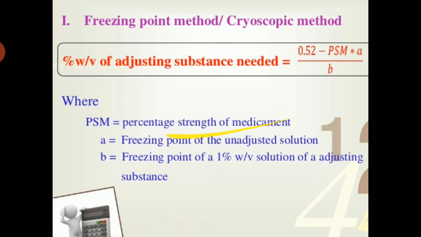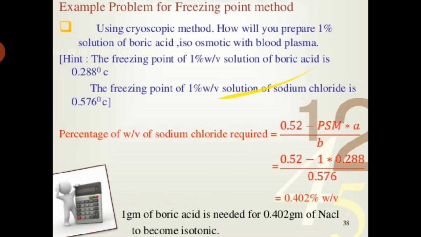Freezing point method, or cryoscopic method: the percentage weight by volume of adjusting substance needed is equal to (0.52 minus PSM) upon B into A. PSM is the percentage strength of medicament, A is the freezing point of the adjusted solution, and B is the freezing point of a 1% weight by volume solution of the adjusting substance. Examples: